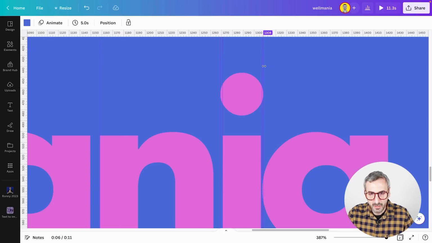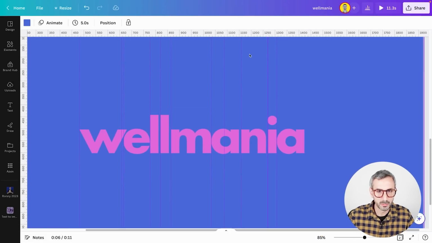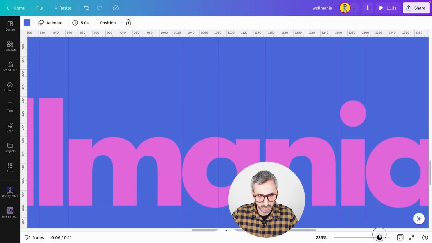Maybe, you know what, I will get rid of the second one for the I because I might get confused with this guide right here. There. All right. Okay, let me zoom out and see where we are. Okay, this is not bad. Now I'm going to add another guide to place underneath everything here. Again, I'm going to zoom some more